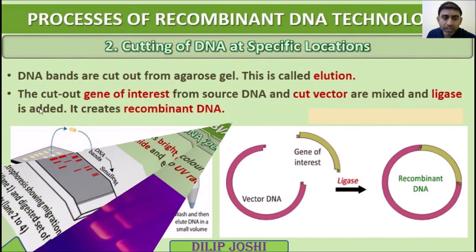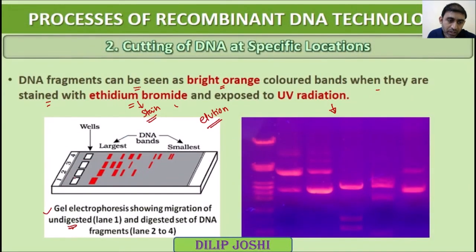Why do we have to do staining? See, this is agar gel, and it is white in color, not completely super white, but the white color you see on the slide. And this DNA is also the same color, so it is difficult to distinguish. DNA is white and agar is also white. So to see these fragments, we do staining, coloration with the help of ethidium bromide. After that we are able to see them.